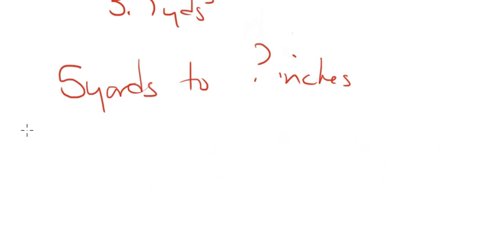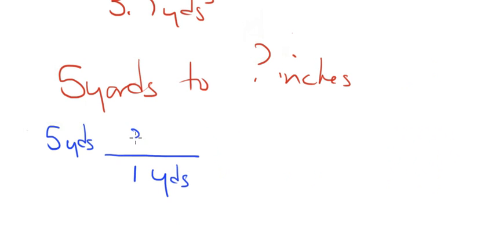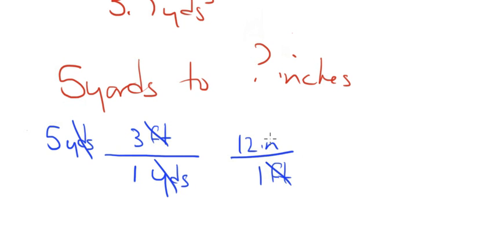Okay, so we have 5 yards. And we're trying to go to inches, so I can't go from yards to inches. I have to go from yards to something else. They want me to use at least 2, but I know that 1 yard has 3 feet. Okay, so my yards cancel out, and then I can say that 1 foot has 12 inches. Okay, I got rid of my foot. I got my inches that I want, so now I just multiply 5 times 3 times 12. So the best way to do this is probably 12 times 5, which is what? And then times 3. It's 180. What's my units? Inches.